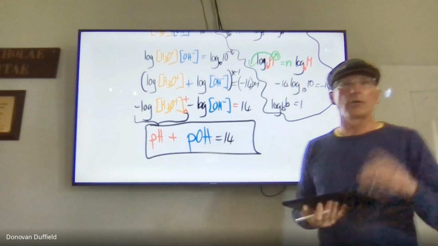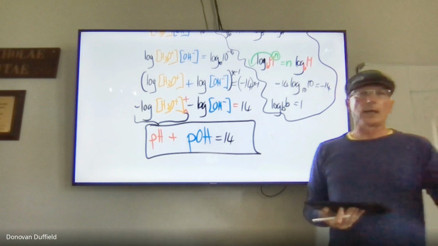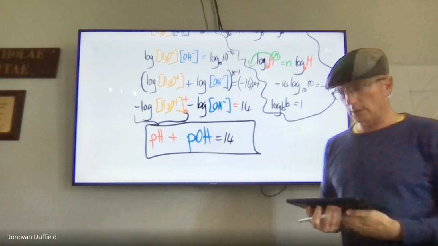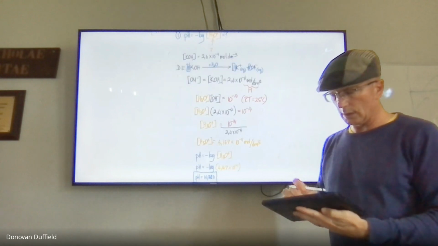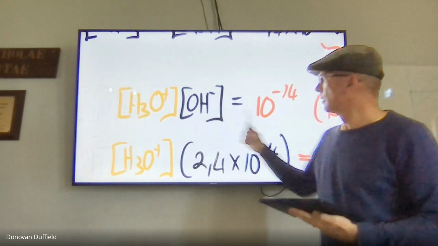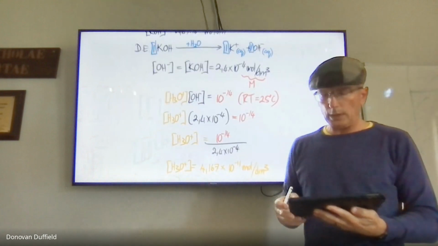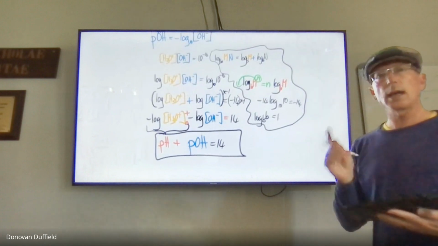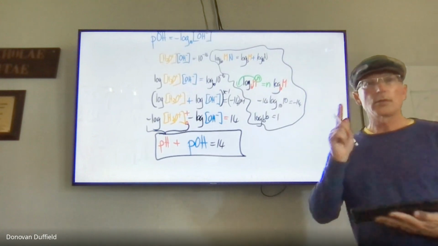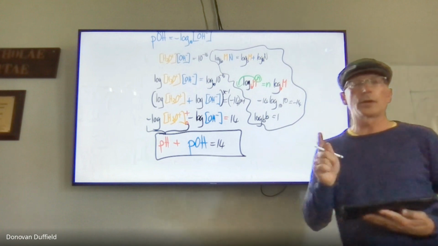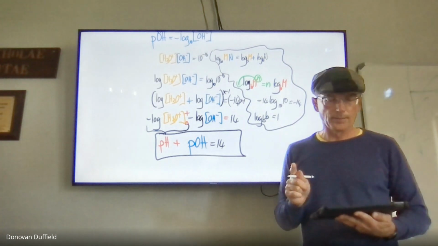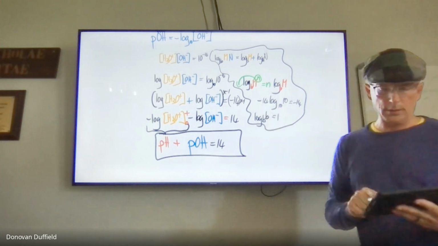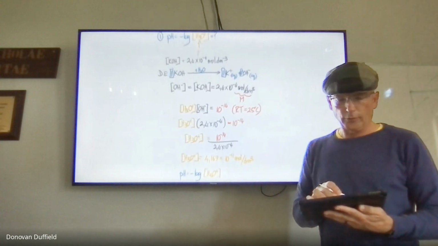So instead of using Kw equals the hydroxide ion concentration multiplied by the hydronium ion concentration equals 10 to the negative 14, in other words, instead of using this, we can then say, well, the pH plus the pOH is equal to 14. Now, this actually works out quicker when working with the pH of alkalis, as I will show you now. So if we use the other method, if we now go back to the first question,